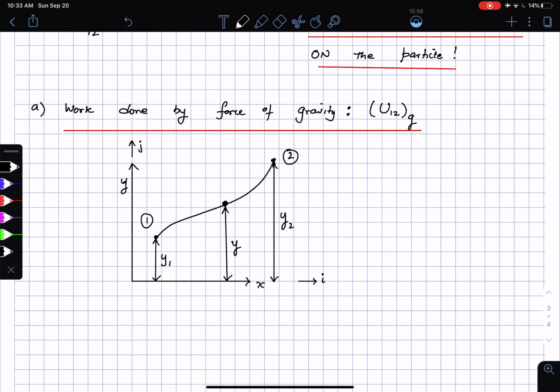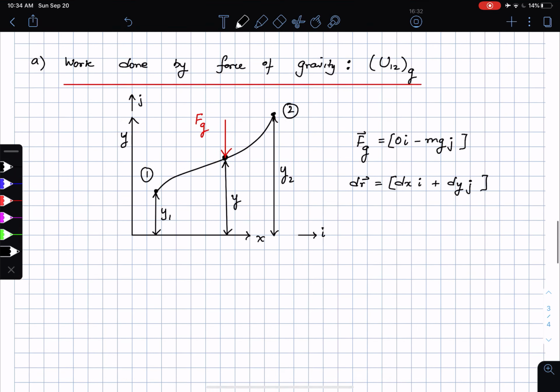What is the force acting on this? I'm considering only the force of gravity for the time being, so the force of gravity is acting vertically down, as you can see. So this is Fg. Now I'm going to write Fg as a vector. Fg is 0 i minus mg in the j direction, right? And then the displacement vector of the particle at any point in time can be written as some displacement in the x direction, some displacement in the y direction. By definition,